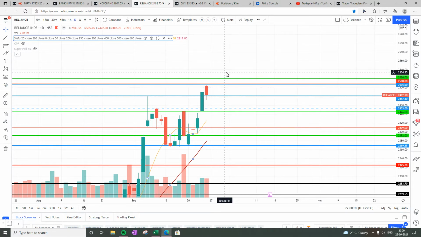and we need to see whether it is having a further break up above 2505, or from here it is coming down. Currently it has made an extreme reversal setup 2, kind of a reversal setup, and this may be the start of some reversal on Reliance, for this week a target of 2390 at least. So let's see how Reliance works out tomorrow. So in many ways, tomorrow is going to be a very critical day to decide how the